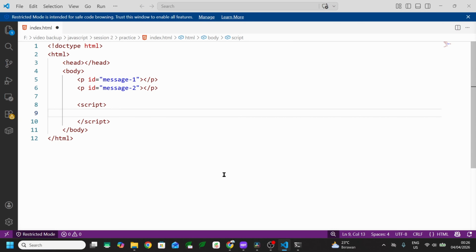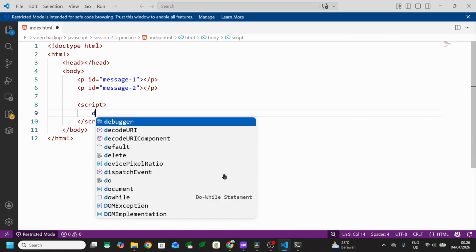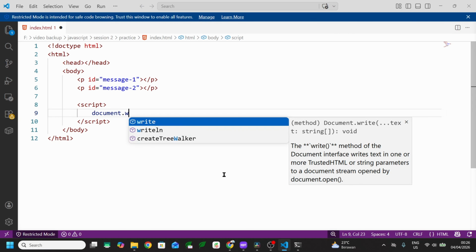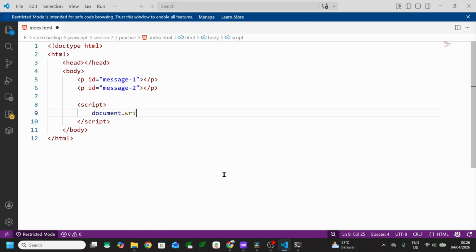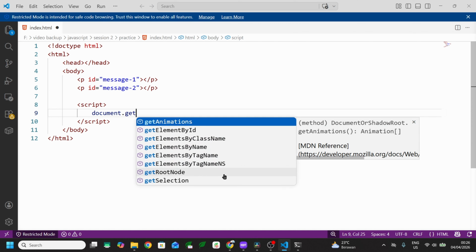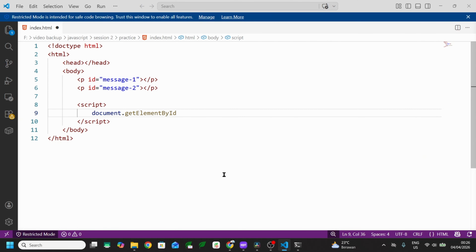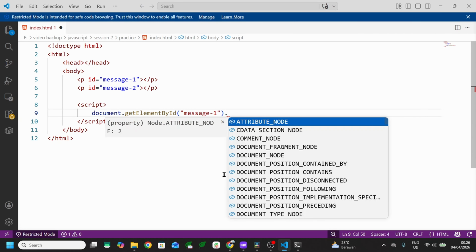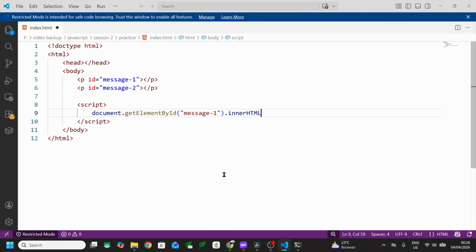Between the script tag, I will type document.getElementById, which refers to MiSequence, dot innerHTML.